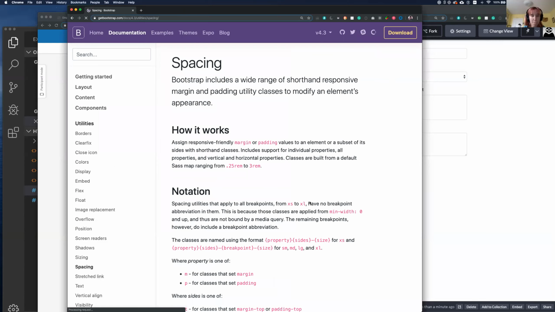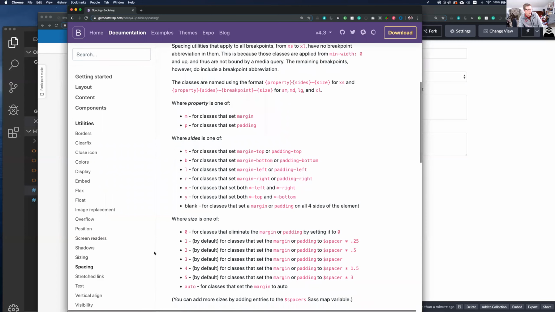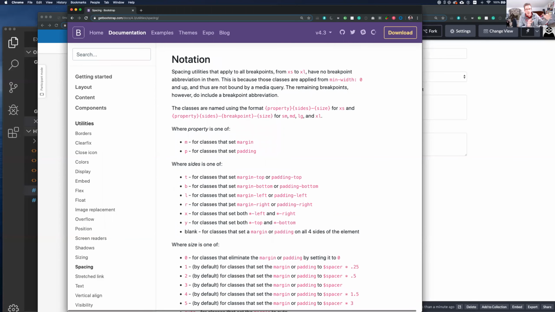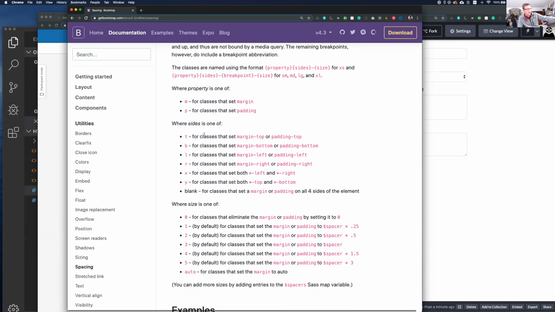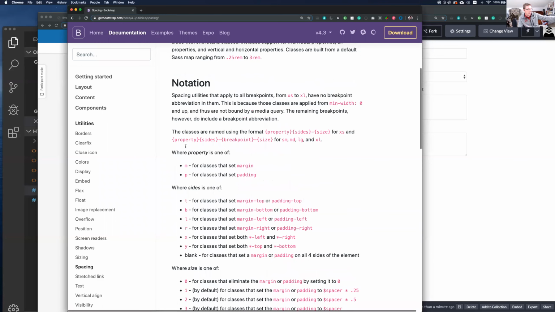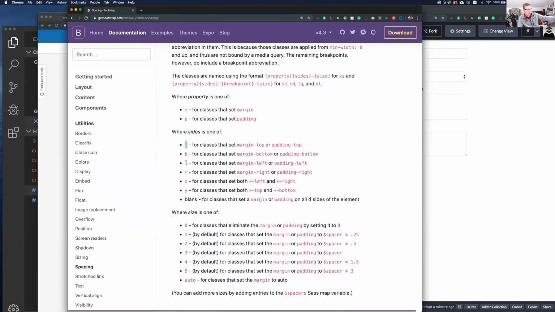It is actually in spacing, and that actual nomenclature you have to extrapolate a little bit from what they've got listed here. So the property is M for margin or P for padding. So we'll do M, and then it was mentioning that we could add the side, so top, bottom, left, right,